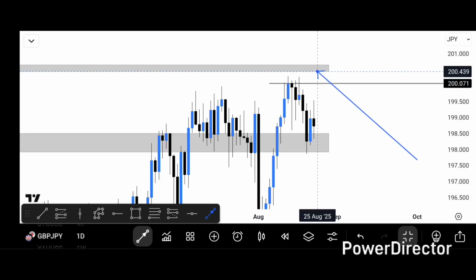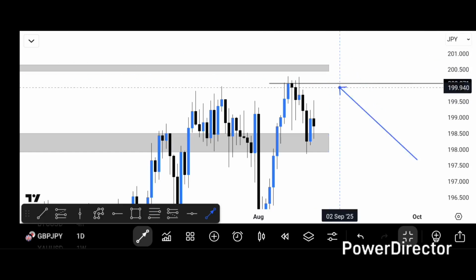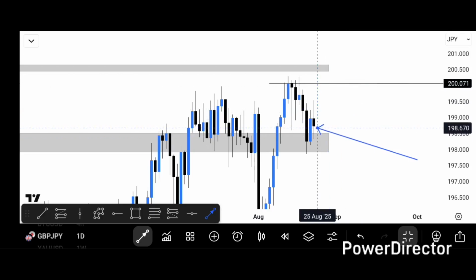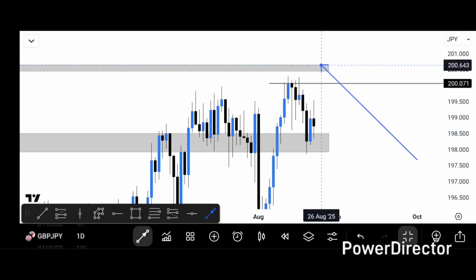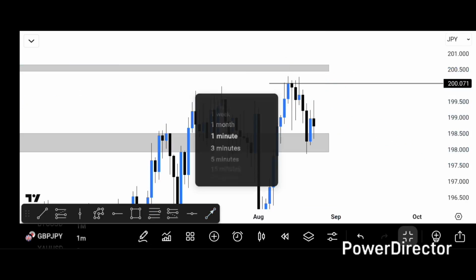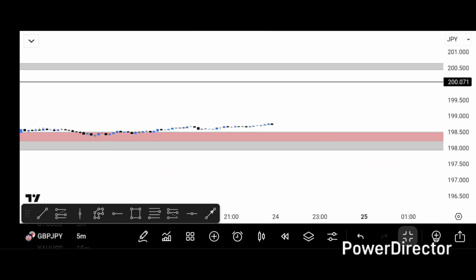And after going bullish up to this zone, we can anticipate maybe a retracement from here, a little bit down, before price continues bullish. But for Monday, we just wait for a little bit of retracement, then we enter those longs back up to this zone. To explain it further on the 5 minutes time frame,